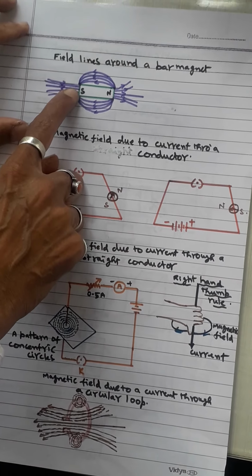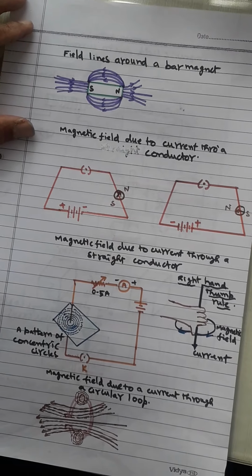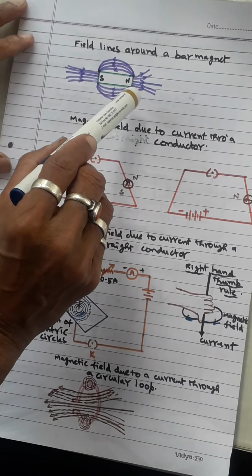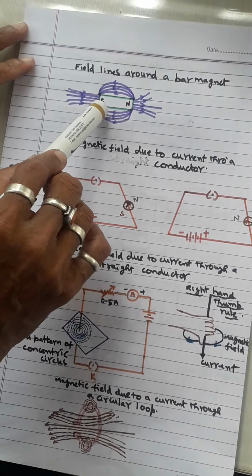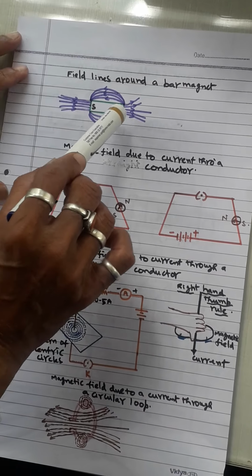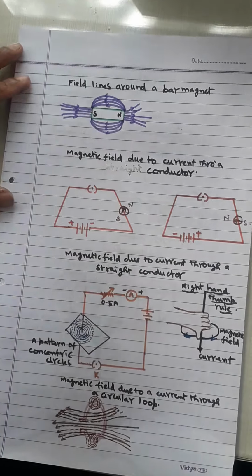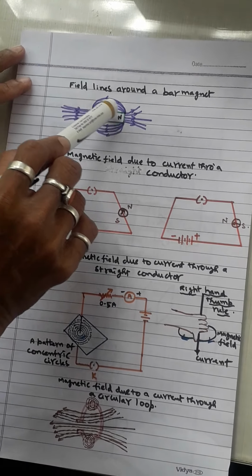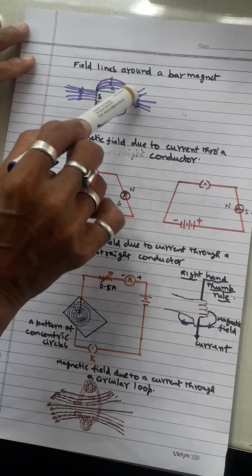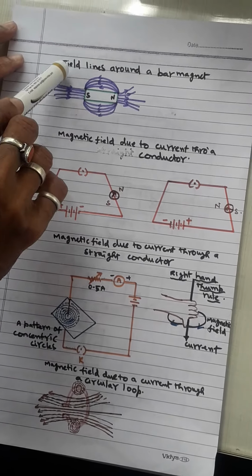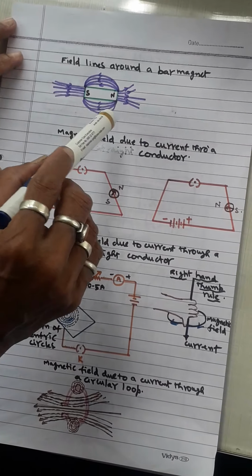Here I am taking about the bar magnet. A bar magnet is nothing but a rectangular shape. You already know that any magnet has a north as well as south pole. If you take iron filings, we can find out, using the magnetic needle, the direction of the magnetic force. The magnetic field lines are the field lines around the bar magnet.